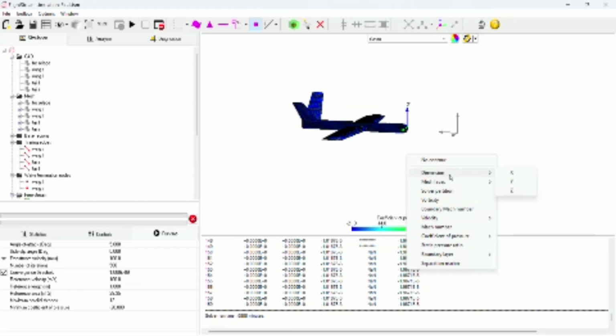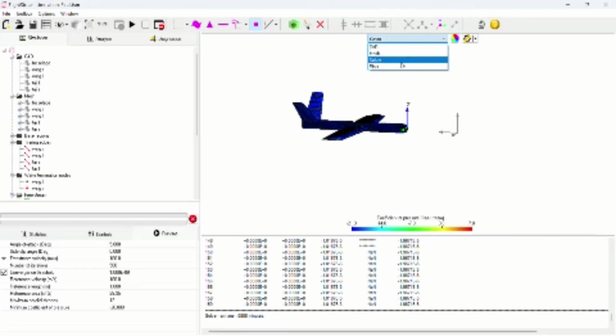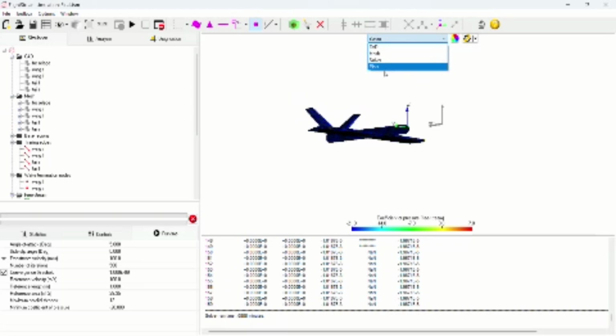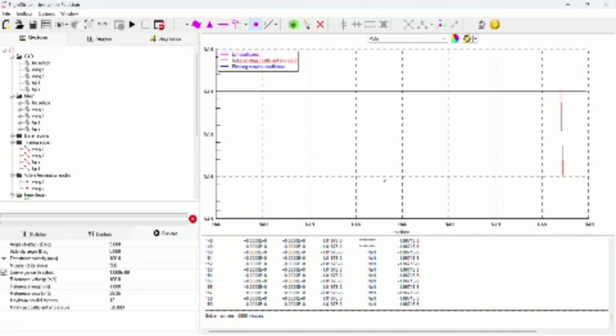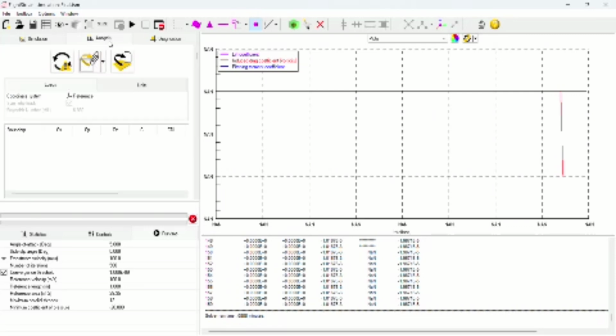0.00088. You can here check out other parameters like vorticity, boundary Mach number, velocity, Mach number, coefficient, pressure, any parameters you want to see, you can look into over here, like boundary layer, separation marker, anything as such. Based on the result you want, you can look into it. Also you have plots over here where the graphs are plotted. So basically like residual velocity, residual pressure, or lift coefficient, drag coefficient, any value graphs you want will be provided